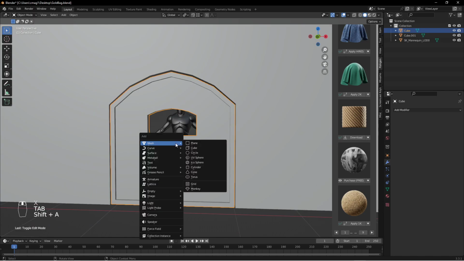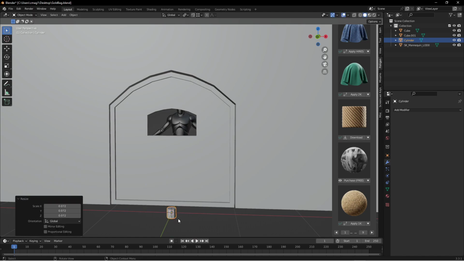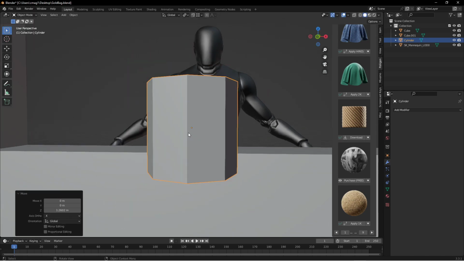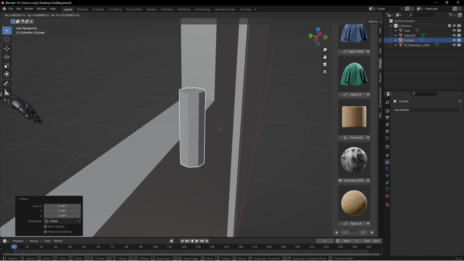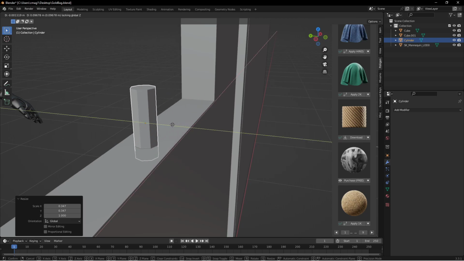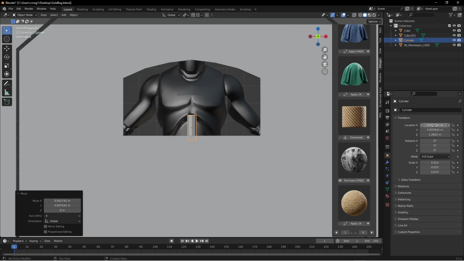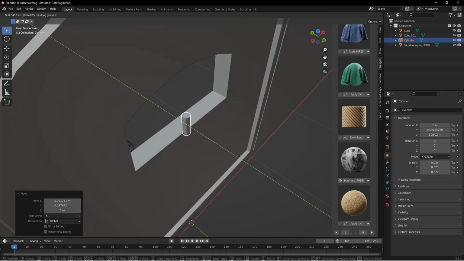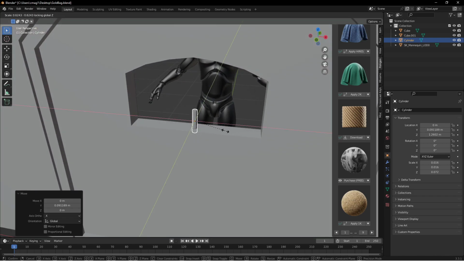Alright, I'm being lazy. Let's just Shift A and add a cylinder while we're not in edit mode, and then we'll just move it up. Shift scale and Shift Z, G, Shift Z. Looking at it from the front. We'll set its location to be about, crap. Alright, just right there in the middle. Shift Z, scale it on the Z, grab it and move it up the Z,